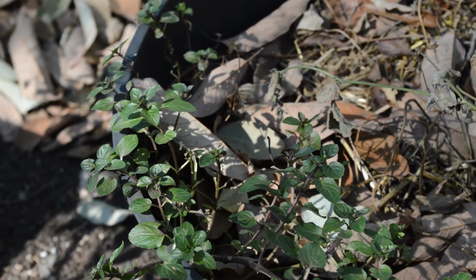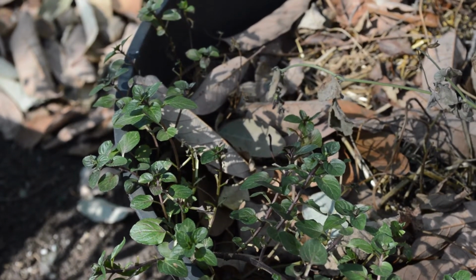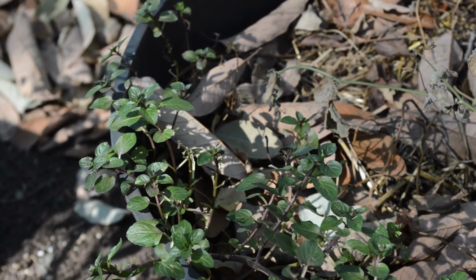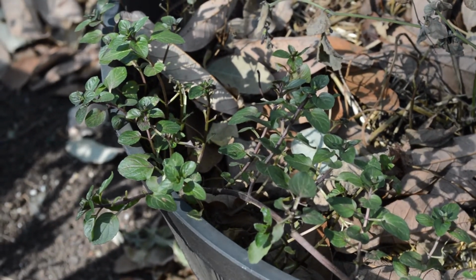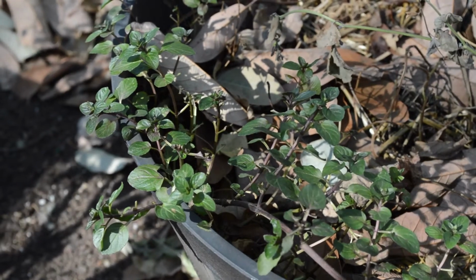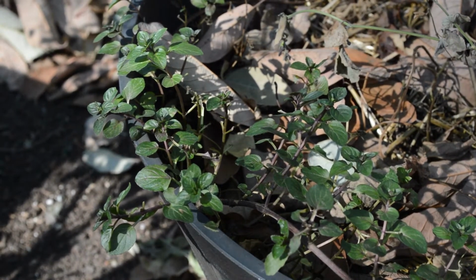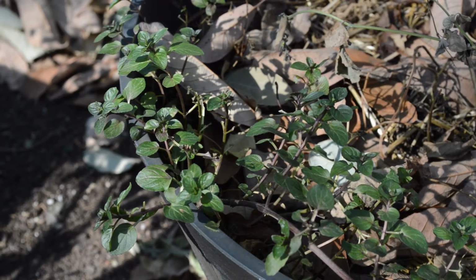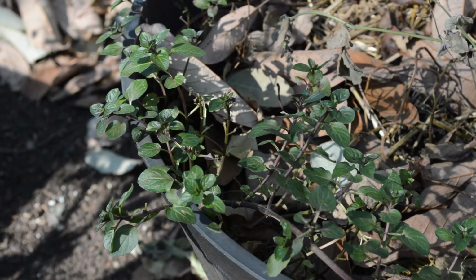It will grow up into your beds. It will grow everywhere. You will have a lawn full of peppermint if you don't watch this. Peppermint, of course, as with anything in the mint family, can be used to aid in digestion, to help upset stomach. What else? Just pretty much a soothing type of thing, especially if you have any